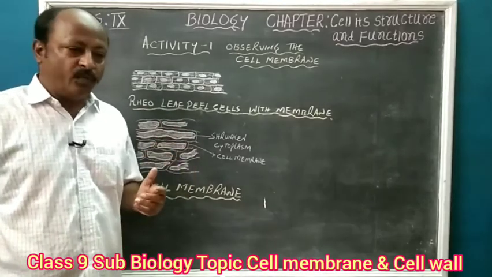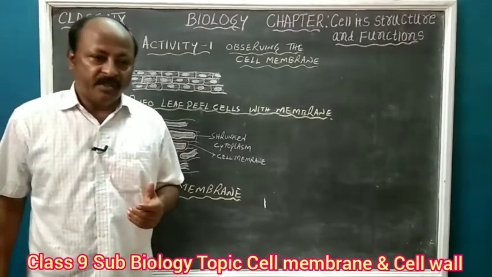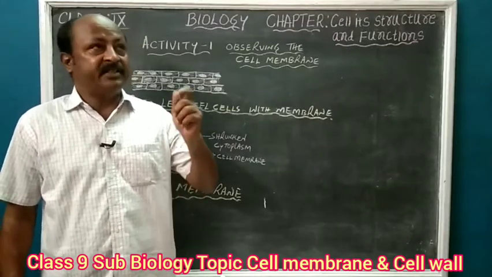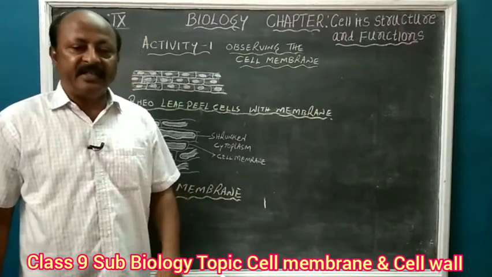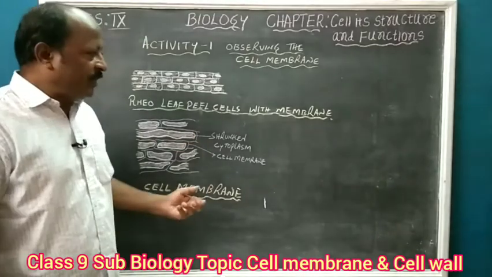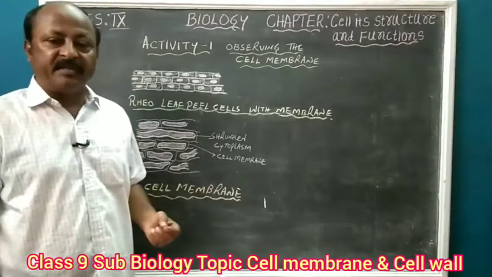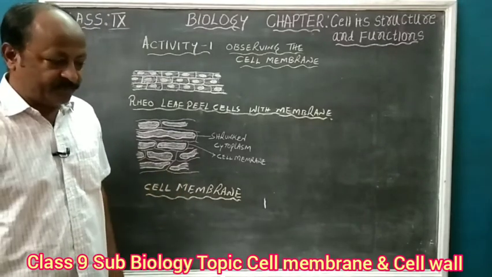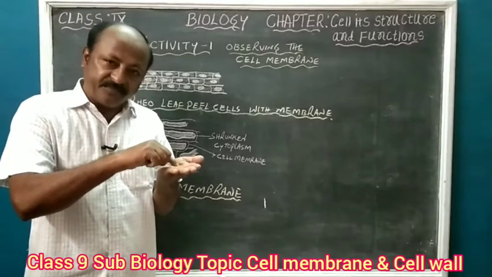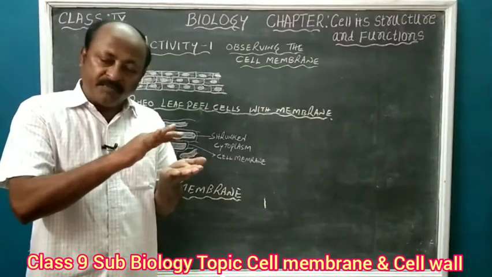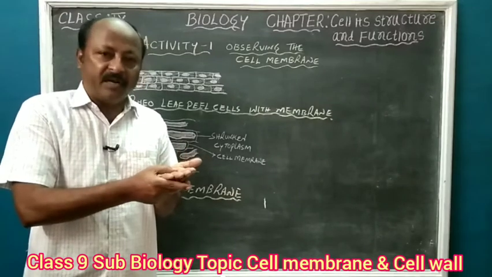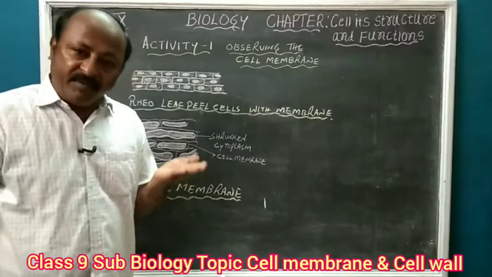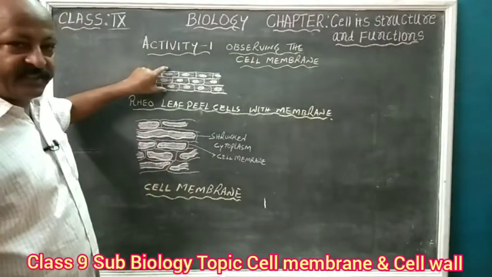In this activity, we take one rheolith and tear it at once with one stroke, and when you observe it against the light, you can see the cells inside this rheolith. Now we take a small piece of the rheolith peel with light colored transparent portion and put it on the slide, then add 1 or 2 drops of water to it, and cover it with the cover slip. When we observe this slide under the microscope and draw the diagram, we get the picture like this.